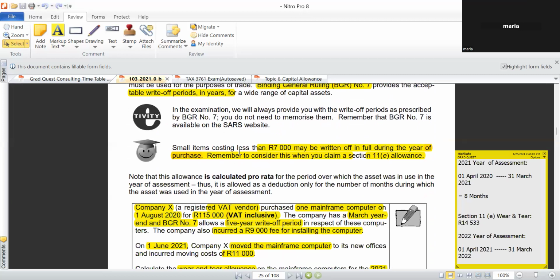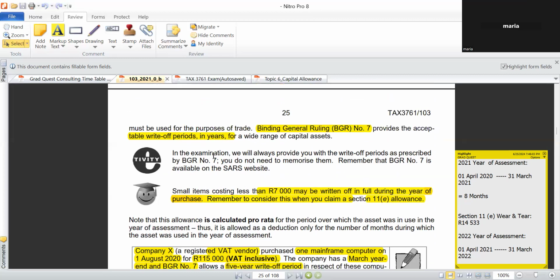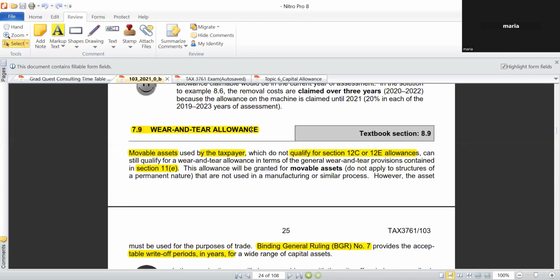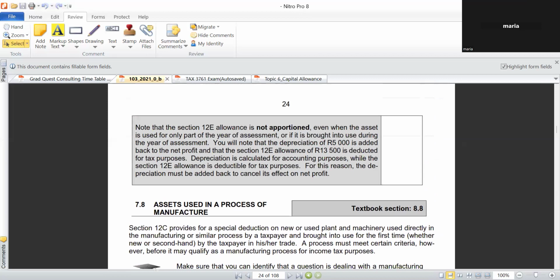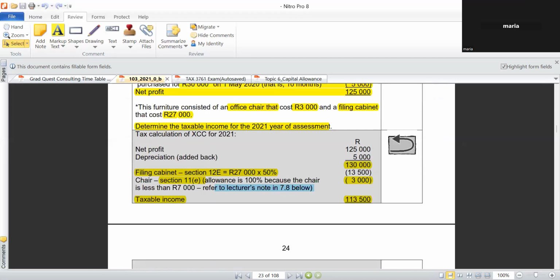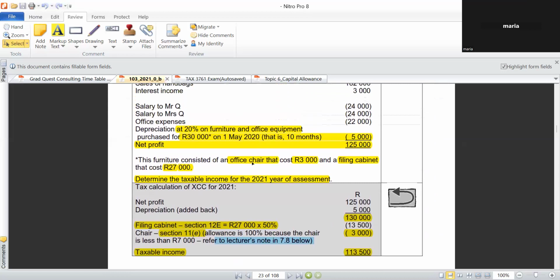Over here is the note where they say small items costing less than 7,000 may be written off in full during the year of purchase. Remember to consider this when you claim Section 11E allowances. All right, so now if you look at the example that we had,